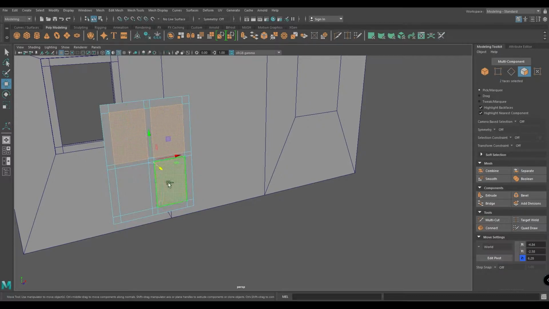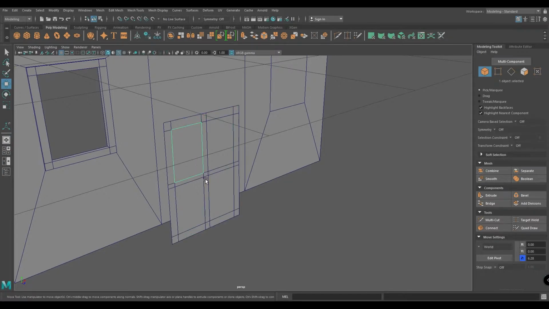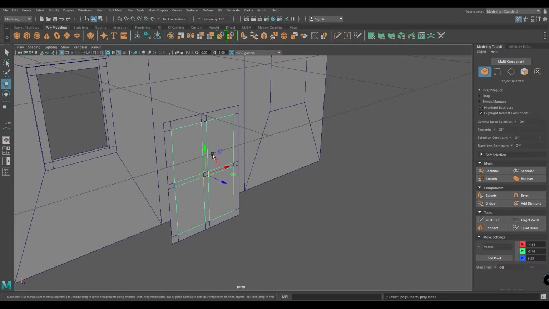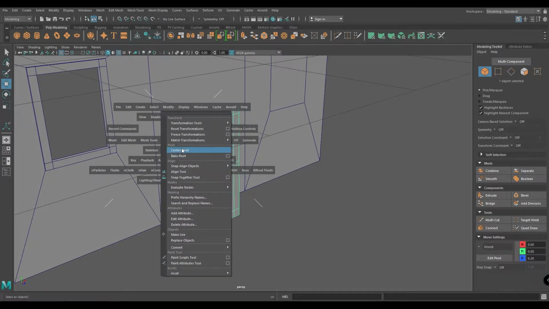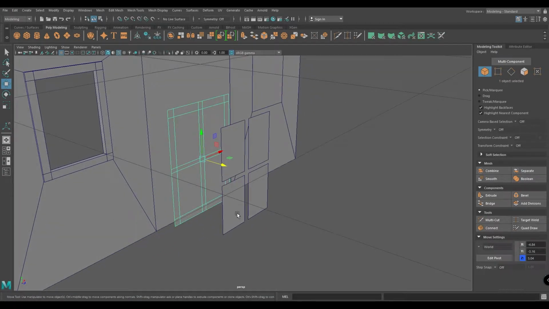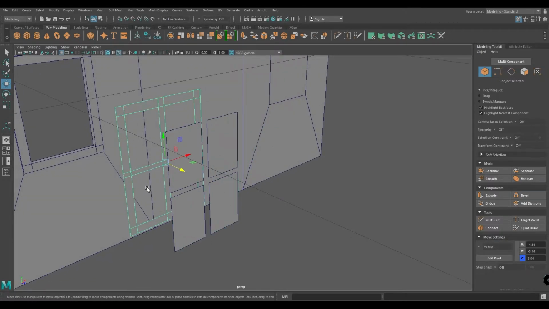Now select these four faces and extract. So select these four faces and combine them. And select this group. Go to modify and center pivot. So these four faces are going to be our glass and this is going to be our wood.